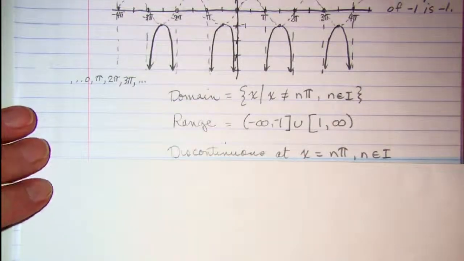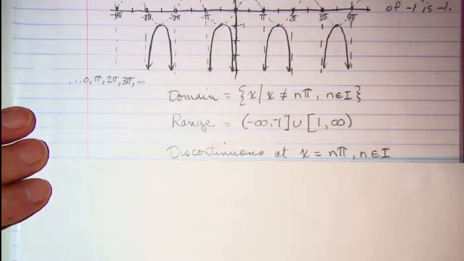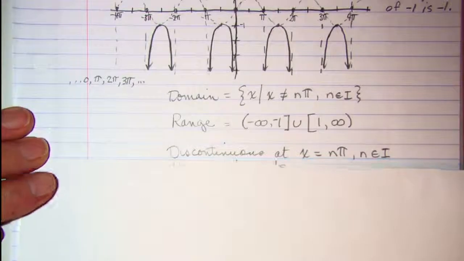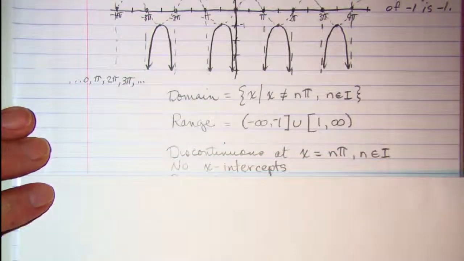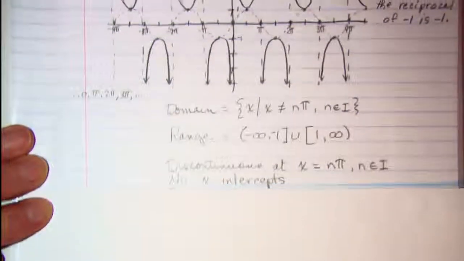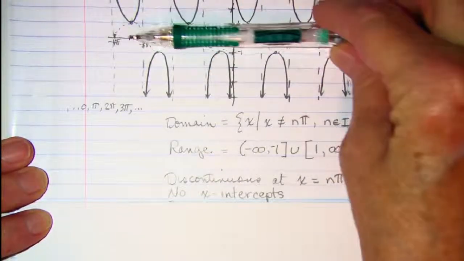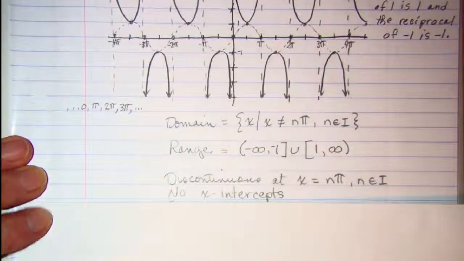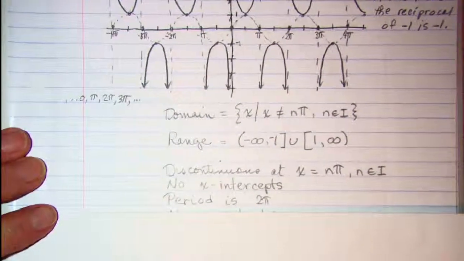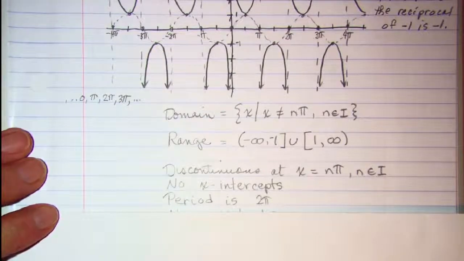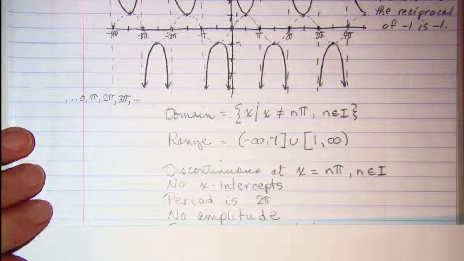The cosecant curve is discontinuous at the asymptotes, so at x equals n pi. We have no x-intercepts. And again, remember, this would be blank. There'd be nothing in the space. The period is 2 pi, the same as its reciprocal function sine. There's no amplitude,